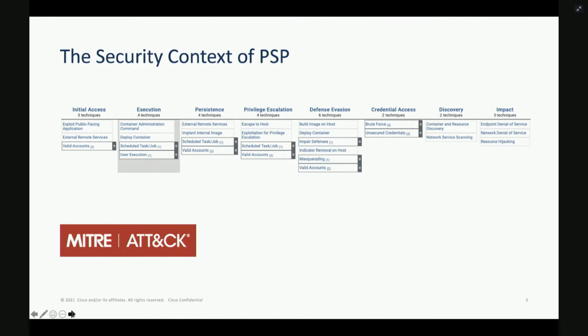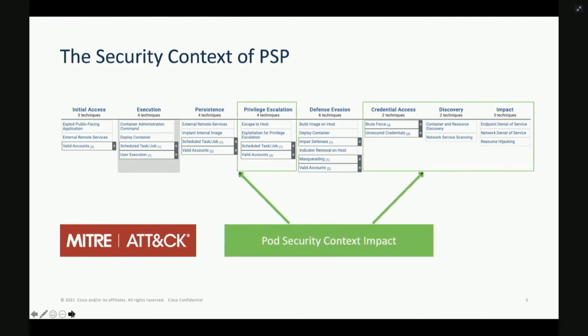If you look at this attack matrix, which shows the different stages of an attack on containers, if you're doing good pod security policies, you can eliminate the privilege escalation, the credential access, the discovery, the impact. So you can really cover a good portion of your security work with good security policies. They probably need a complementing solution, but they can take a good part of your security posture in your cluster if you configure them correctly.